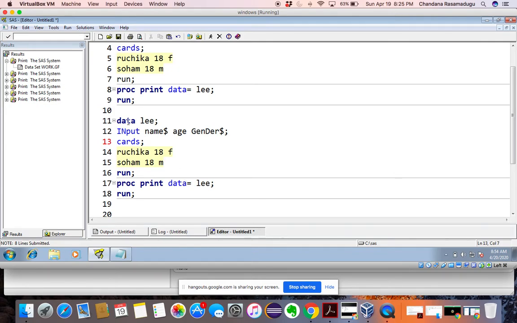Yeah, so you understood, right? SAS is not case sensitive. You can write anything, but when we are submitting, it should look good, right? So that's why we do it only in uppercase or lowercase, or however you want. If you want to give uppercase and then continue with lowercase, it's up to you. Okay.